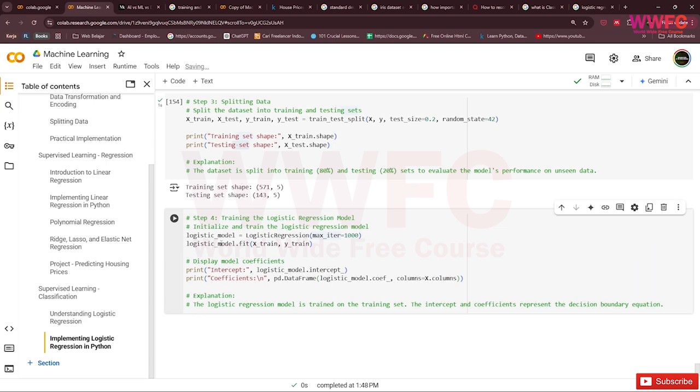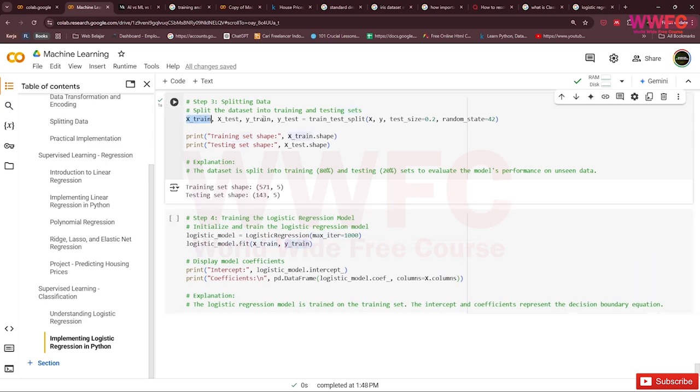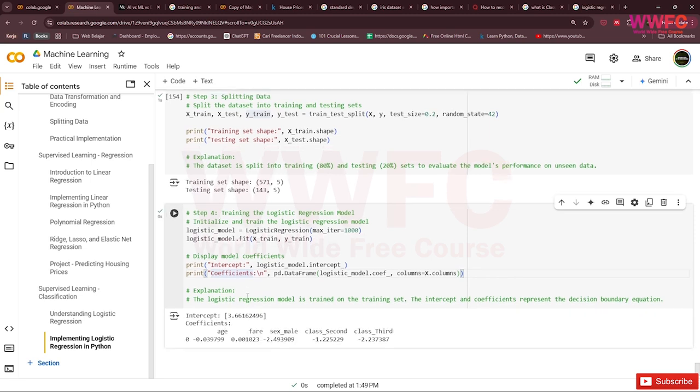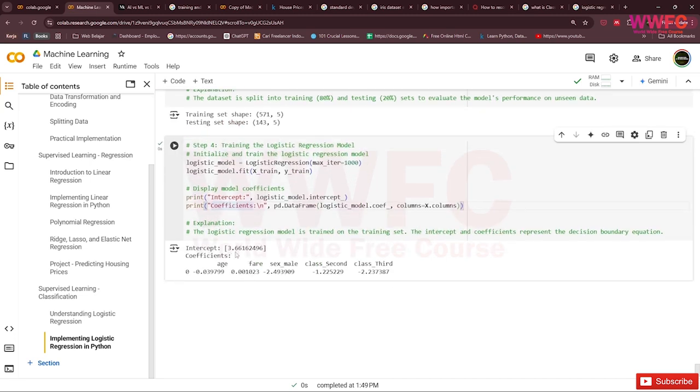You can use this logistic model to fit X train and y train that you defined earlier. So the intercept is like this, 3.66, and the coefficients are like this, 0.03, minus 0.03, and so on.